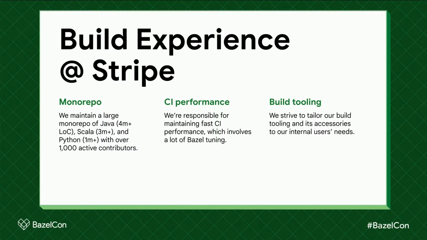And to go back to the slide I awkwardly skipped, this is the team that both Ari and I work on, called the Build Experience team. We manage a monorepo with several million lines of code: Java, Scala, Python. We're also responsible for CI performance, things like keeping aggressively low build times. Our median build time, I think, is 6-7 minutes now? About that. Our P95 build time is around 45 minutes. We do use remote build heavily and remote cache.